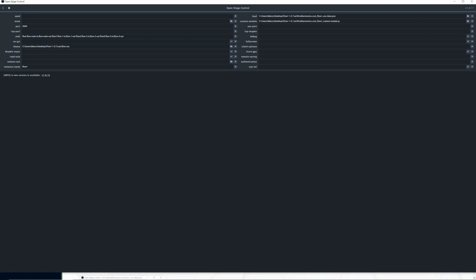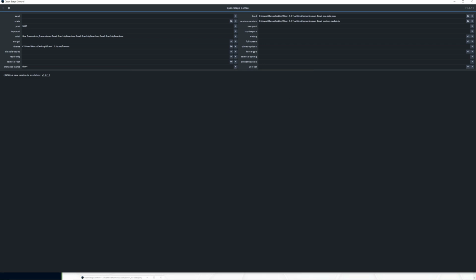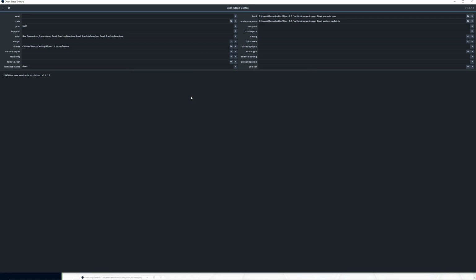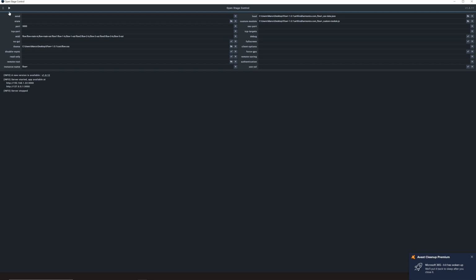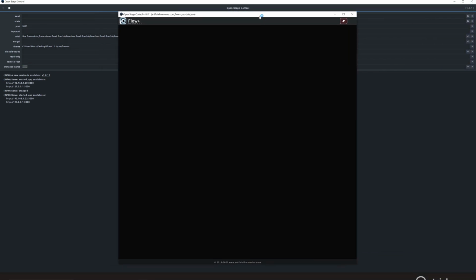You double click, you do the same with the custom module, and you got here custom module. You do the same with the theme here. So you open, and this time you go inside the folder called CSS and you select flow. And here you can put whatever name you want. So now you can launch it, and you will see that the first time that it will run, it will